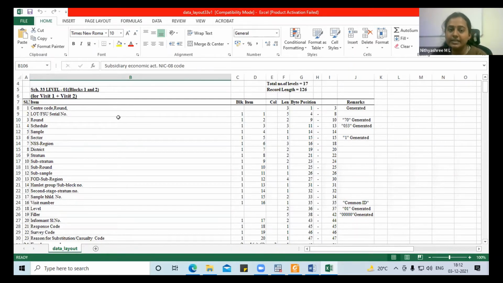Okay. So after understanding this information, after going through all the documents, using this information, we will be giving commands in the software. You can give commands in any software, R, Stata, SPSS, but I will be showing through Stata. For handling software, you need all this kind of information. Okay. Till now, if you have any doubt, you can ask me. If you have understood, we will go and extract the data. Okay.